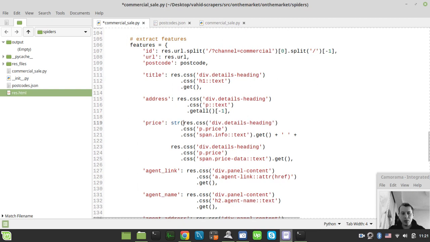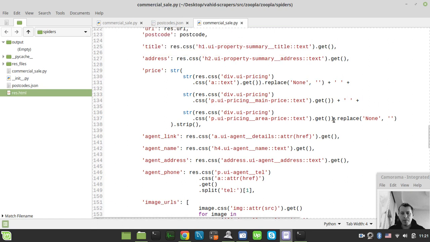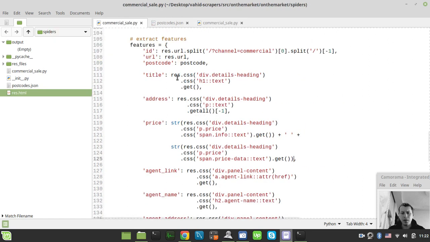So we need just to stringify this stuff to make sure that if this is None, we won't get that error, and also we don't really want to have that None word, so we need to replace the None with nothing, and strip. Probably we don't need to strip, but so yeah,